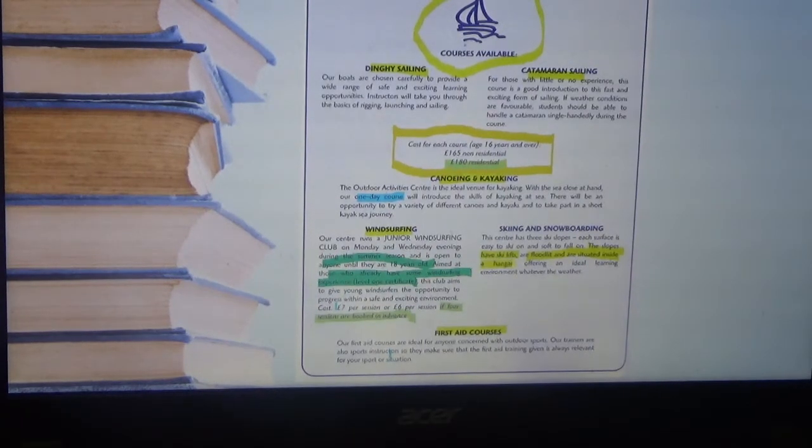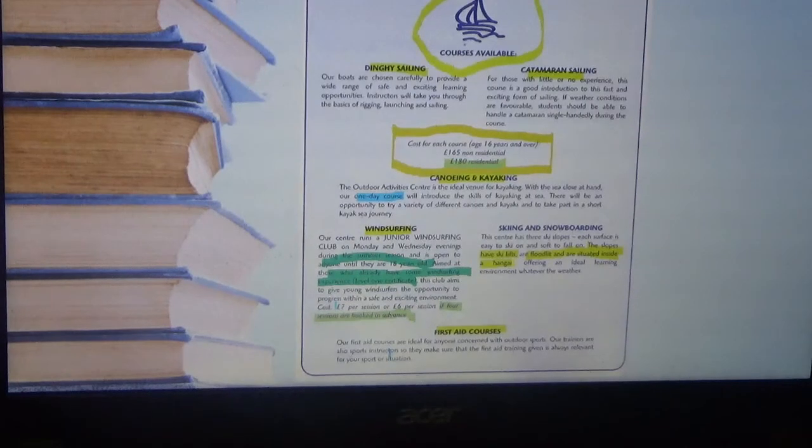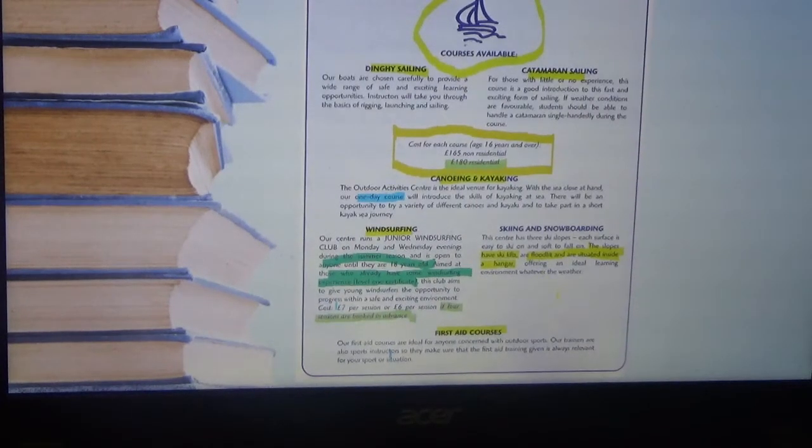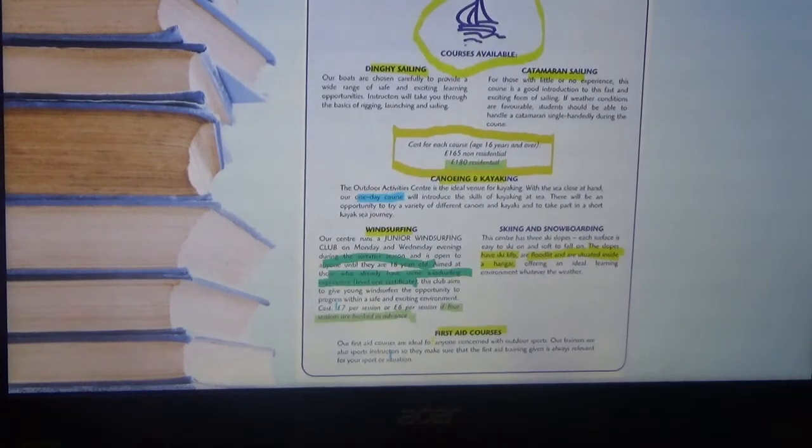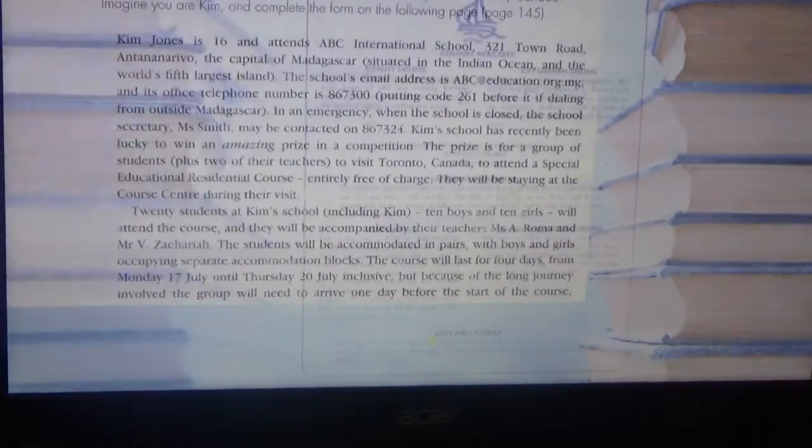A hangar offering an ideal learning environment whatever the weather. Okay. See? So the answer is found in this paragraph, and you may consider writing it in your answer